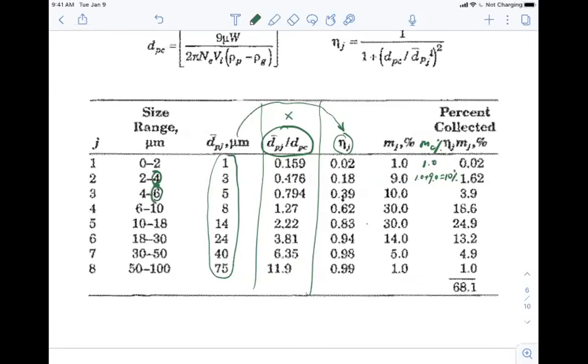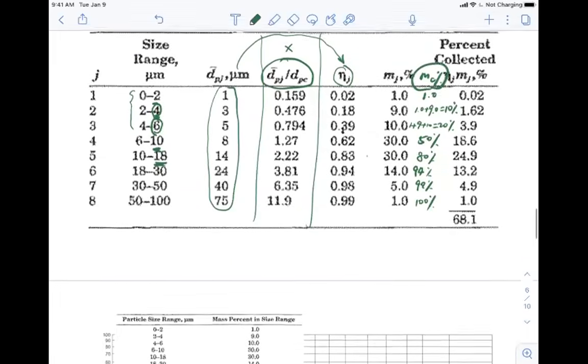So what about until 6? We have to add these 3 together, so that's 1 plus 9 plus 10, that's 20%. Further until 10, we have 50%, and then until 18, we have 80%, 94%, 99%, and 100%. Okay, so we have the cumulative mass fraction, and now it's just a matter of finding all